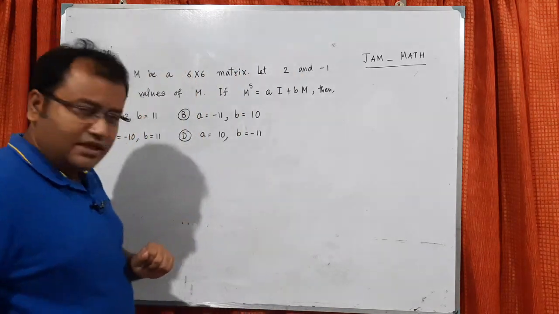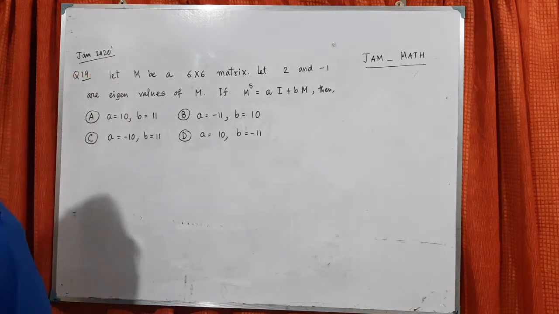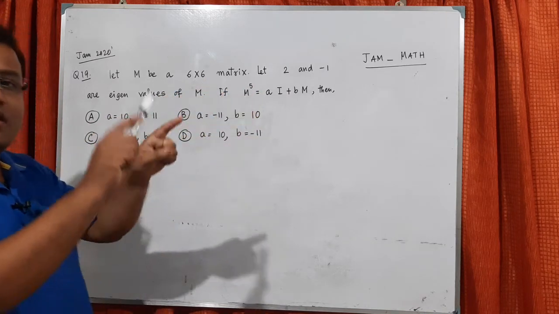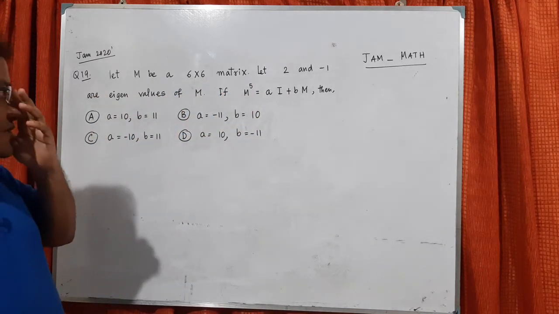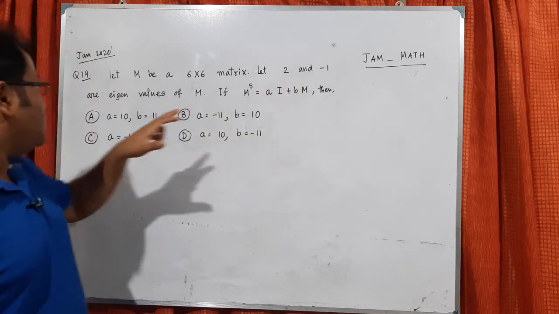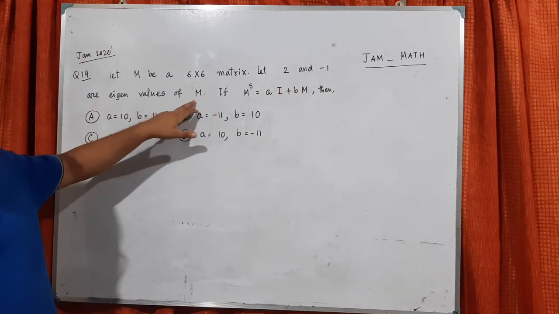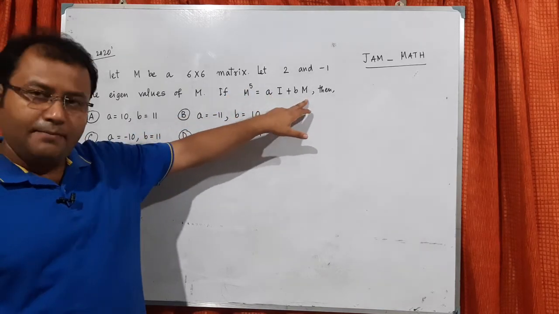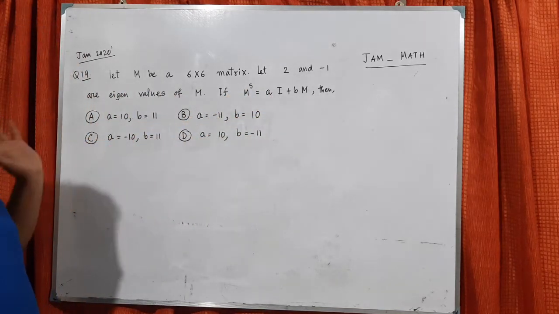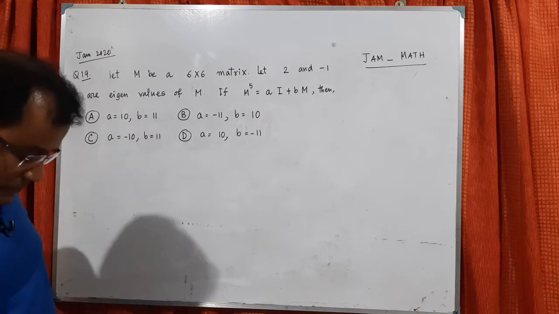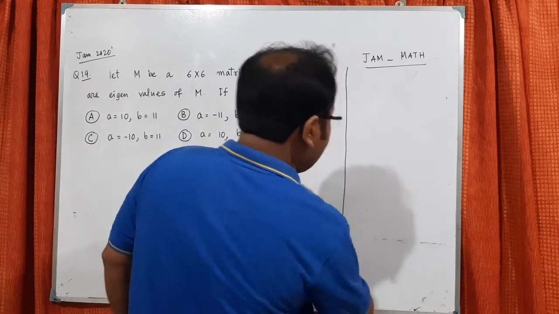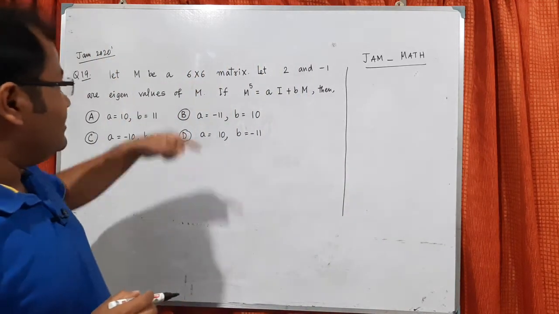One problem was there in JAM 2020, question number 19. Let M be a 6 by 6 matrix, so that is 6 rows and 6 columns. It is a square matrix. Let 2 and minus 1 be eigenvalues of M. If M to the power 5 equals aI plus bM, then what may be the possible values of a and b? Before going to this one, you need to know some fundamental things of this eigenvalue and